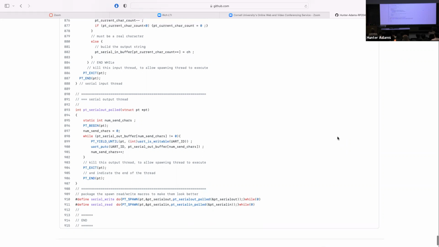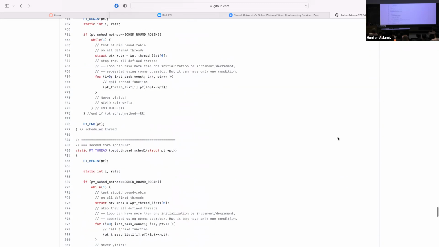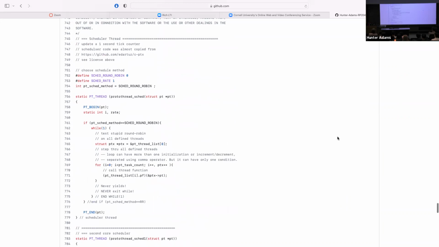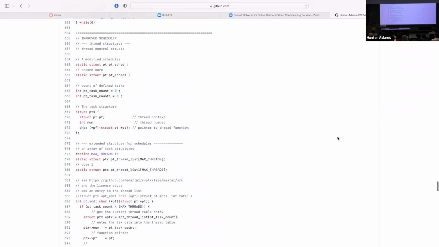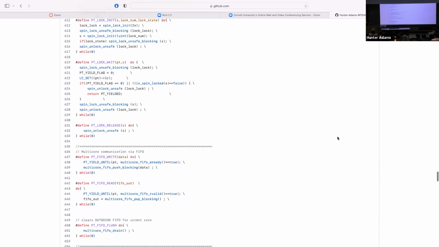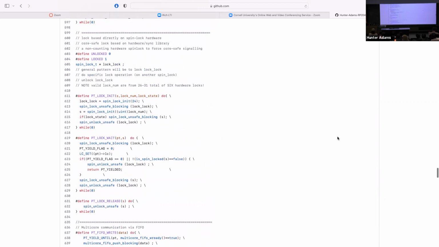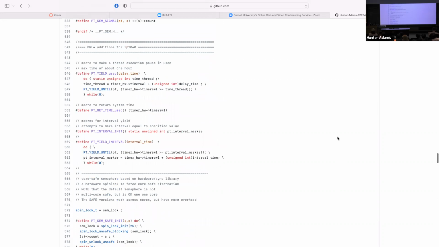And then one of the only other things I wanted to mention while we're in this Protothreads header is, if we scroll up just a bit, we will find a few other things that Bruce added here. This is all documented on the Protothreads webpage. The whole API is documented, and you should familiarize yourself with it. But one of the things I just wanted to point out, because it's perhaps relevant to you this week, is if we scroll up and take a look at,